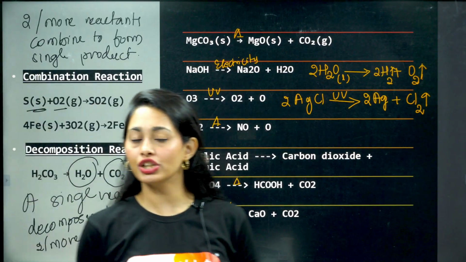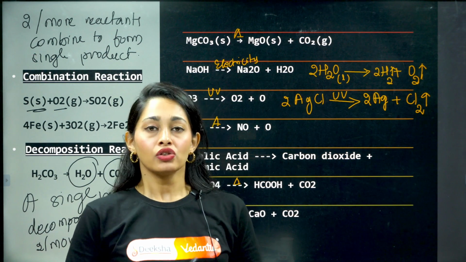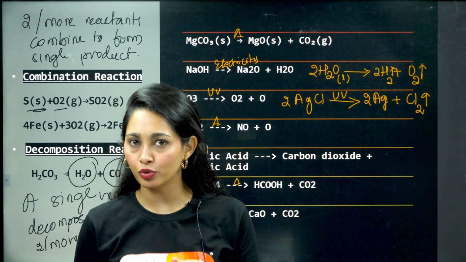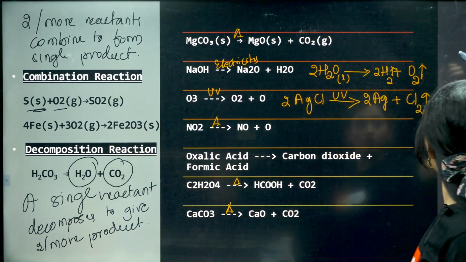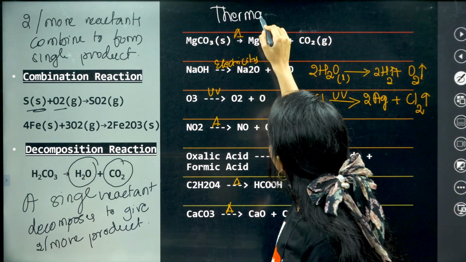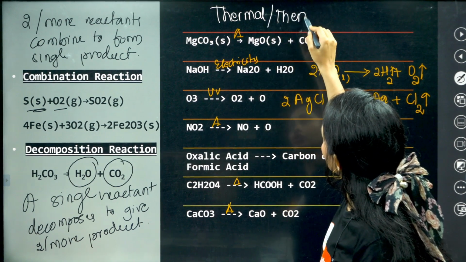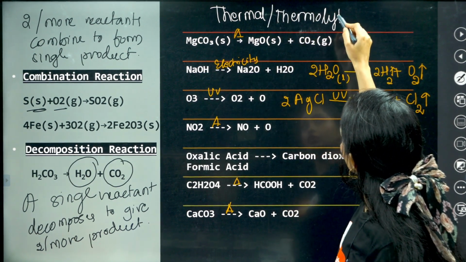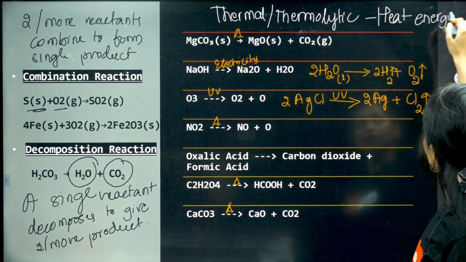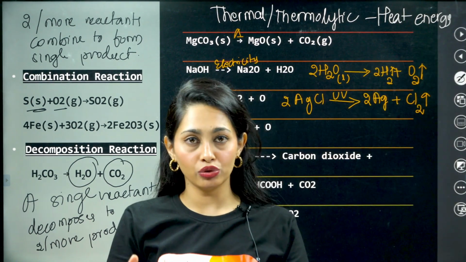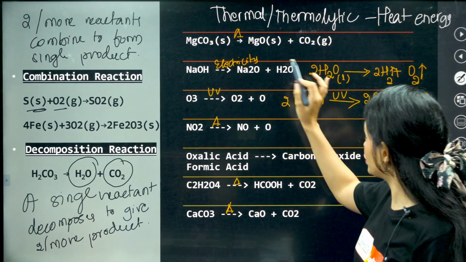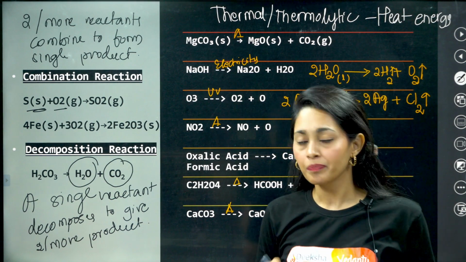These decomposition reactions are not going to happen just like that. They need some kind of energy. According to the type of energy, we have three types of decomposition reaction. The first one is the thermal or thermolytic decomposition reaction, where heat energy is supplied and the reactant breaks down to form products. Here is an example. Magnesium carbonate, when heated, gives magnesium oxide and carbon dioxide gas. And the second type is